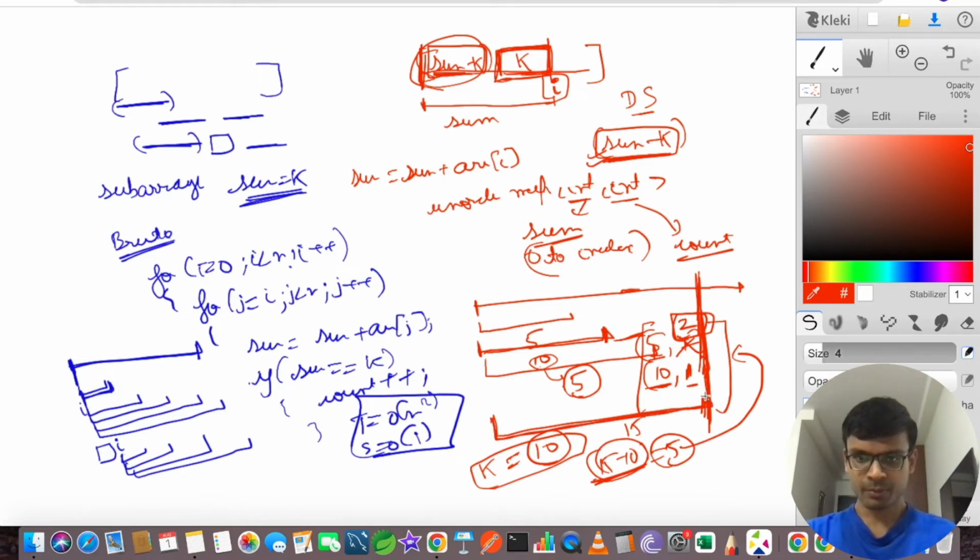So one subarray would be nothing but this subarray. And the other subarray would be till this subarray, like from here to here, right? One subarray is this and the other subarray is from here to here, because till this point the sum was also 5 and till this point the sum was also 5,